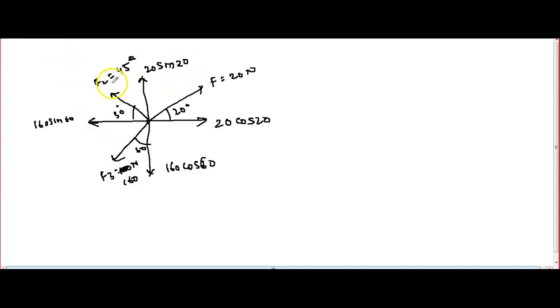This is F2. F2 we can write it here, 45 cos 30 and 45 sin 30. Right? Tell me the sum of all forces along the x-axis. This one 20 cos 20 minus